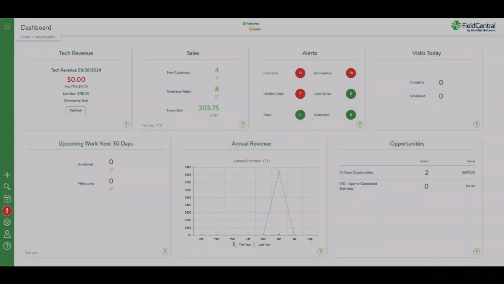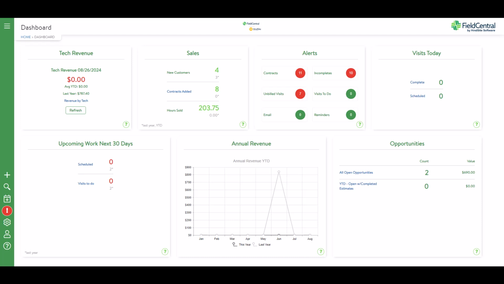Welcome! In this video, we will cover how you would utilize Route Builder within Field Central for scheduling reoccurring work to-dos. Do you have properties with regular reoccurring work to-dos that need to be scheduled on a regular cadence? Route Builder allows you to schedule those work to-dos and assign to desired crews. It also allows you to quickly see where the closest crew will be on any given day when you need to add a stop to an existing route.